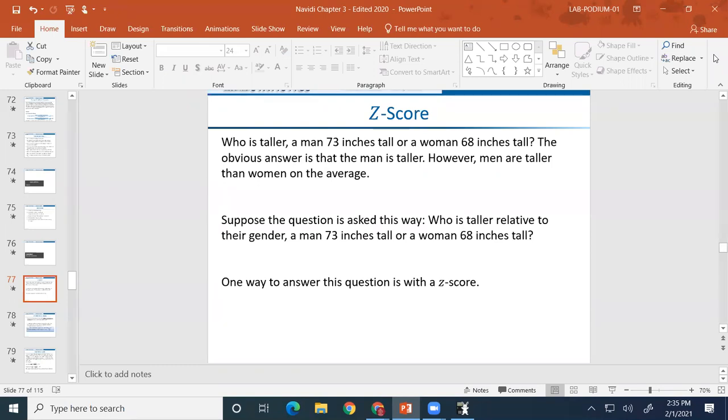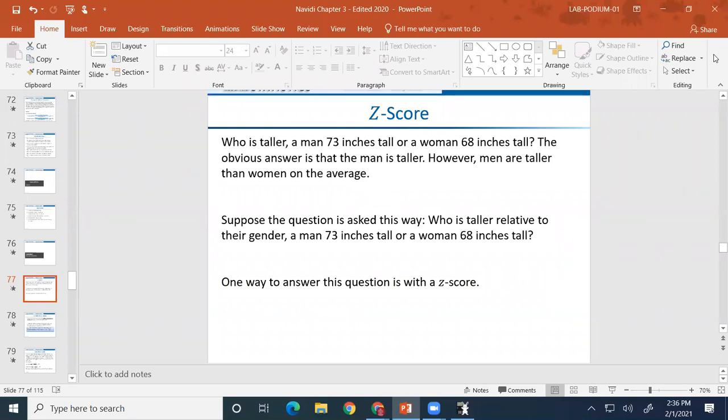In other words, we know that a 73-inch tall man is taller than a 68-inch woman, but if you measure against their own gender, things are going to change, because the Z-score is the number of standard deviations from the mean for that particular data. So if we want to find out who is taller relative to their gender, a man 73 inches or a woman 68 inches tall,